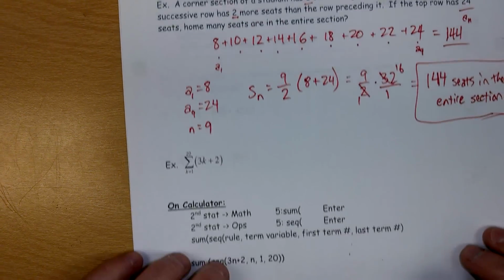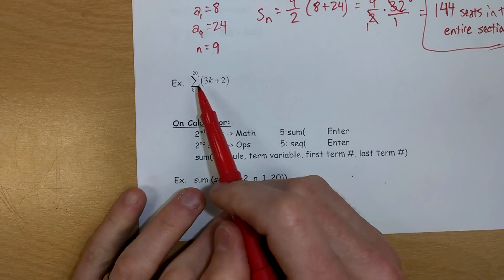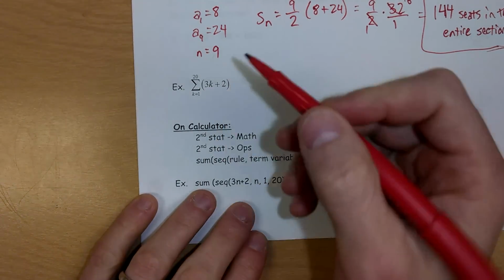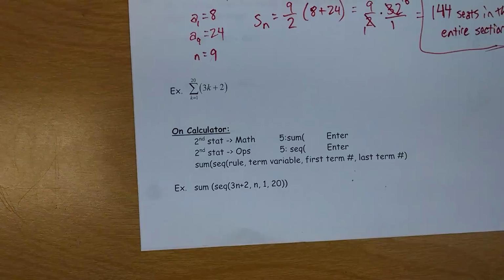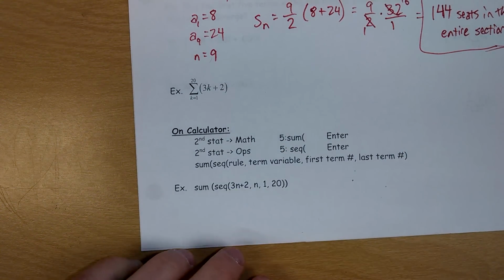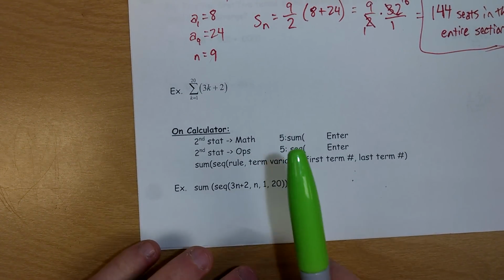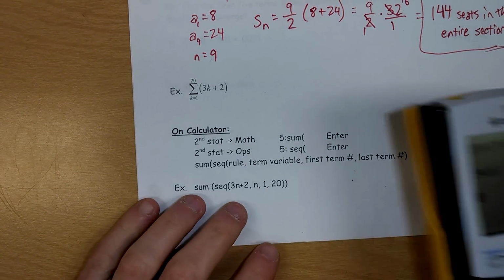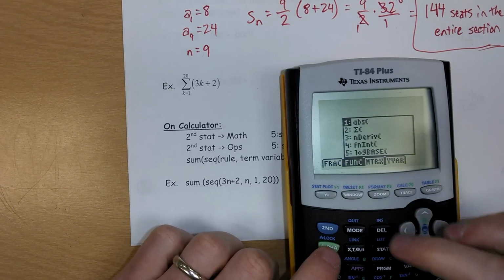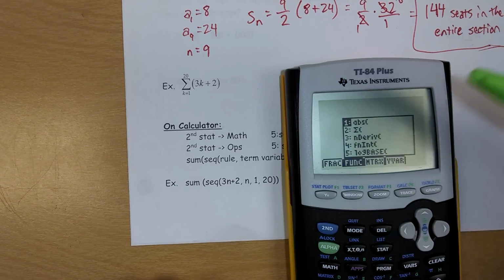All right, next example. Now we've got some sigma notation. We've got the sum of 3k plus 2 from k equals 1 to 20. Now, I certainly don't want to list all of these out, so let's try using our calculator. All right, so our calculator can do sums. If you've got the 84 with the updated operating system, if you press alpha F2, then you'll notice that